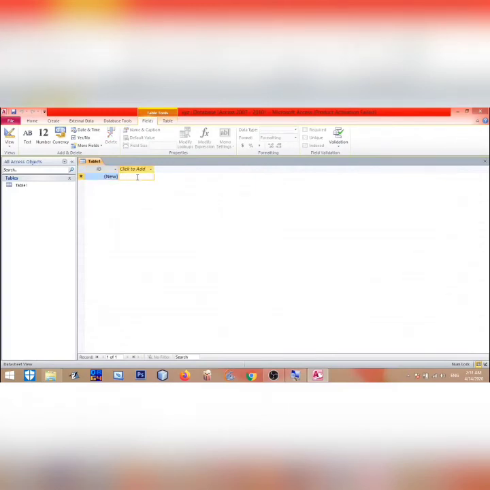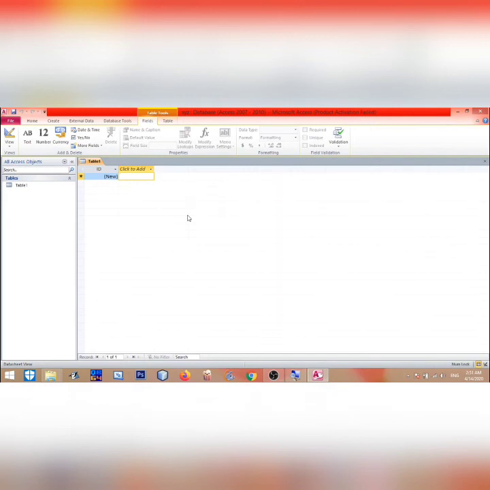We can see ID here and click to add. ID is an automatically generated number, which I have told you is the auto number data type, in which you can generate sequential numbers. So ID already has an auto number data type. These are the already existing formats. You can edit according to your need. So this is a datasheet view, and if you want to use design view, we'll do it further in the next topic. For today, that is enough.